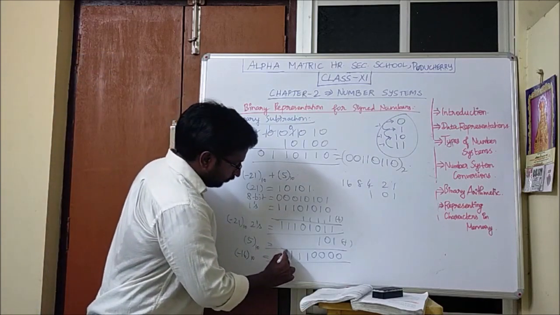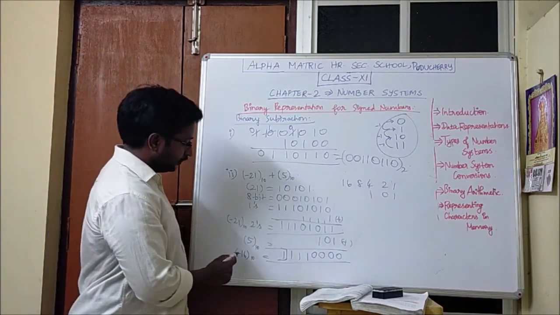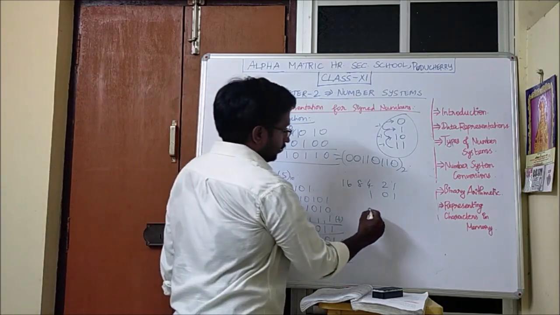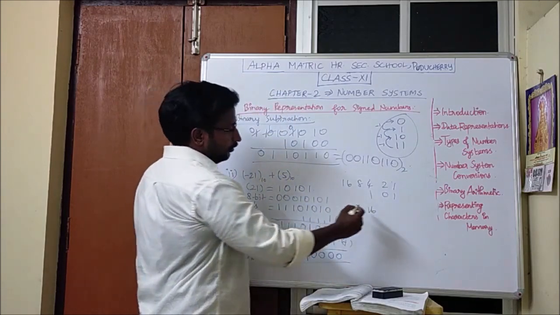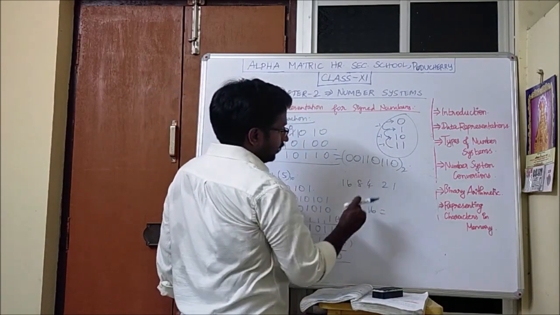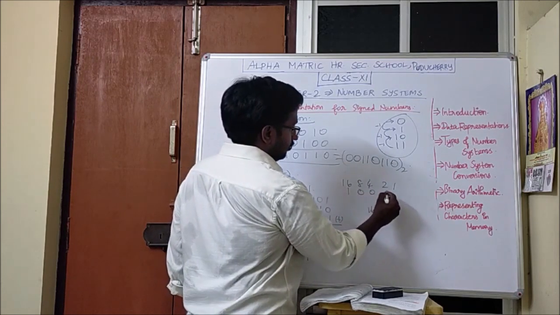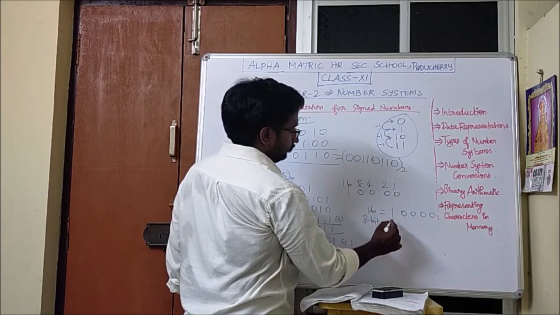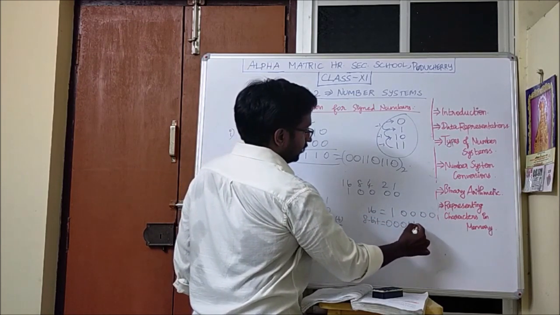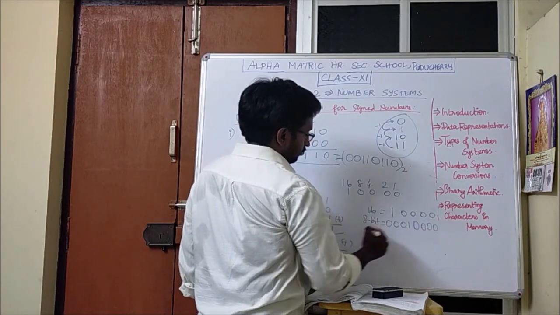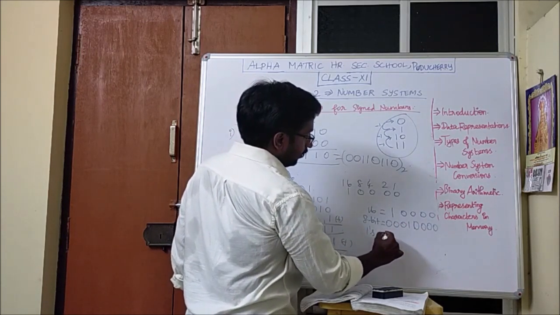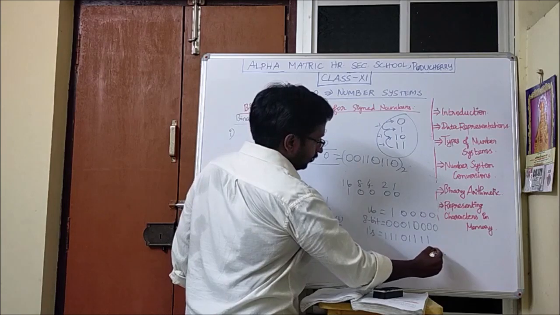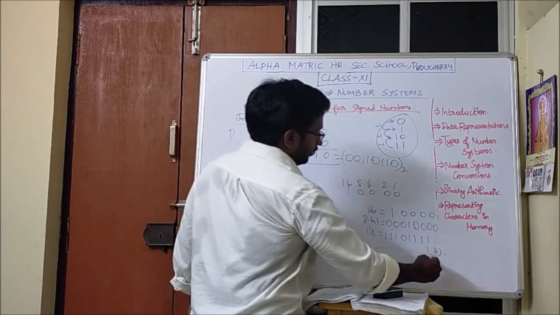We said that the first number is the most significant bit. It identifies that it is a negative number. We can cross-check whether it is correct or not. We have got minus 16. So first we have to find the binary value for 16, that is 10000, in 8-bit form, adding 3 zeros. Then the 1's complement, inverting all the 0s as 1 and 1s as 0, and adding 1 to the least significant bit.